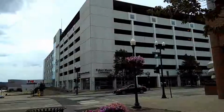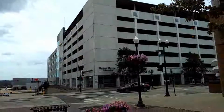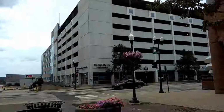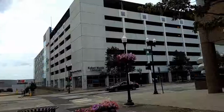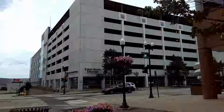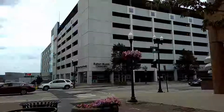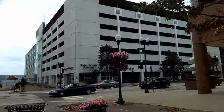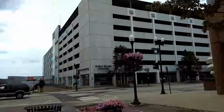The Bergner's closed sometime in the mid '80s. It sat empty, was torn down, and now it is called One Technology Plaza, and it houses Robert Morris College, and then there's a little Jimmy John's there. So yeah, this is where Bergner's got its start. The building was built in 1889, and